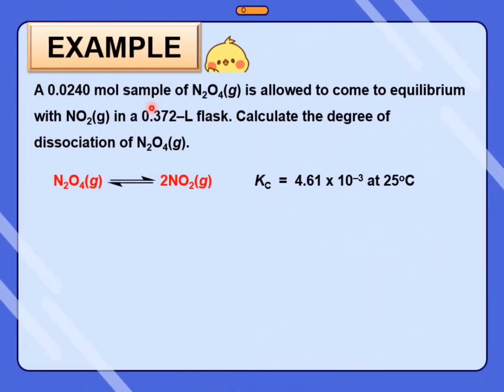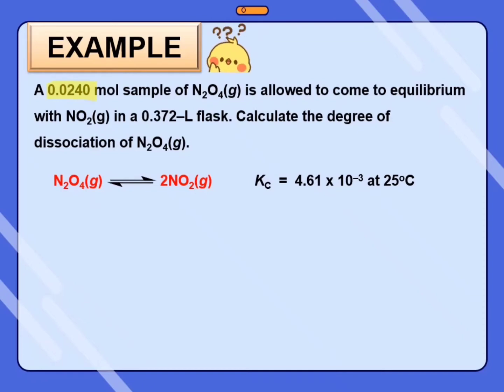Alright guys, now we look at an example of how to calculate the degree of dissociation for a substance. Here you have the question. What you need here is to read the question first and take out the information given in this question. So it says here,